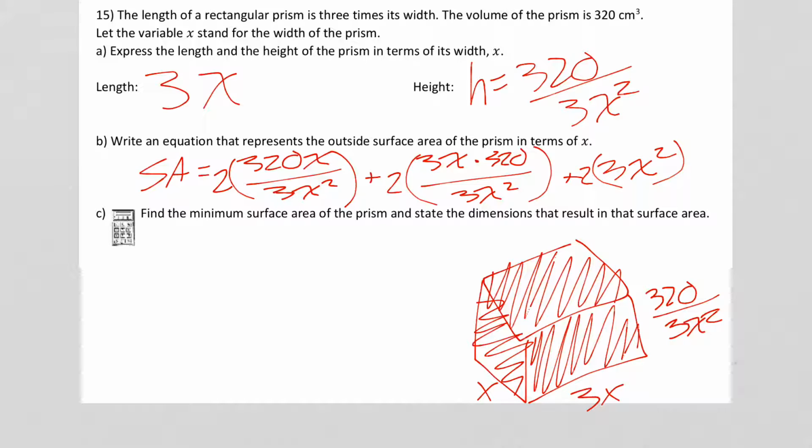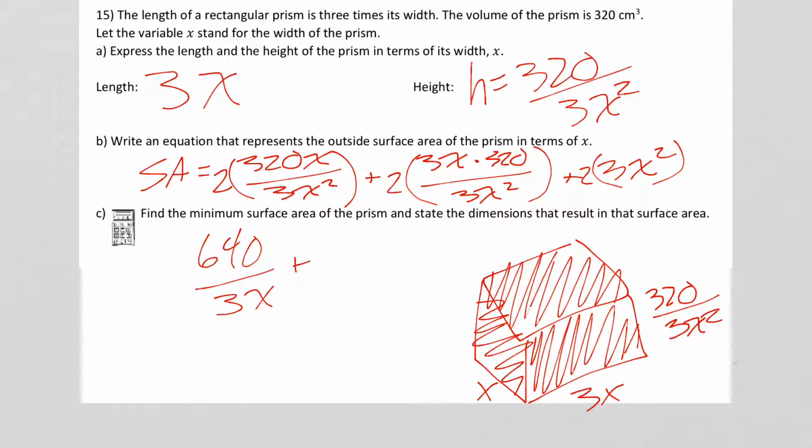Now, it's totally up to you whether or not you simplify this or put it in as is. Maybe if you're on a TI-84, you just want to put it in as is. Maybe if you're on a TI-83, you want to simplify it. It doesn't matter. Go through, simplify what you can. So I'm going to simplify some stuff by hand. 2 times 320 is 640. I have that over 3. I have x over x squared, which leaves me an x in the bottom. So 640 over 3x